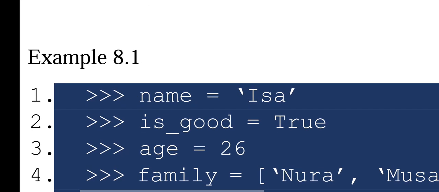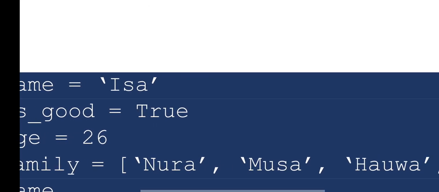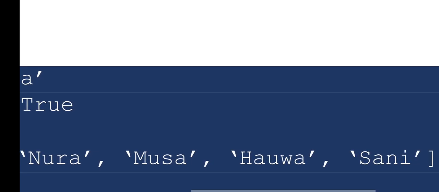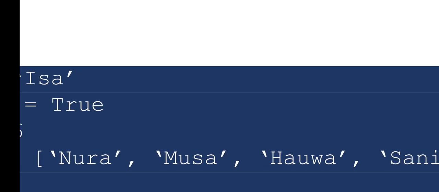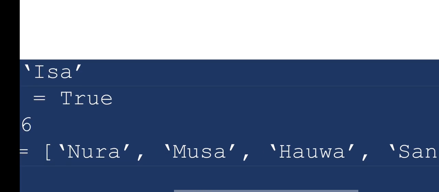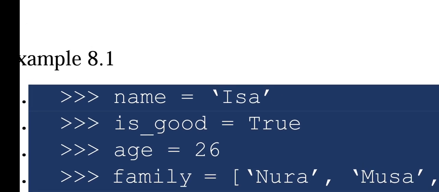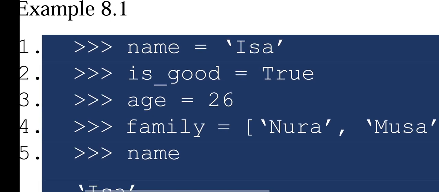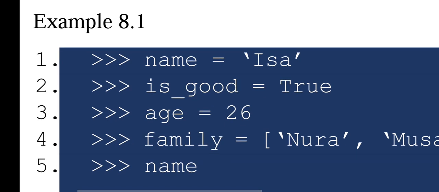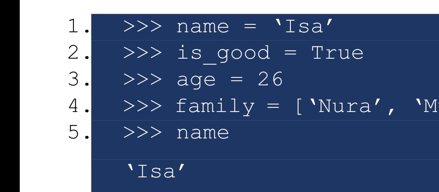And example 4, this is a list containing names like Nura, Musa, Hawa, Sani. And this list is assigned to family. Family here is the name of the variable holding the list. So on input of name, what we get as the output is Isa, because this name,